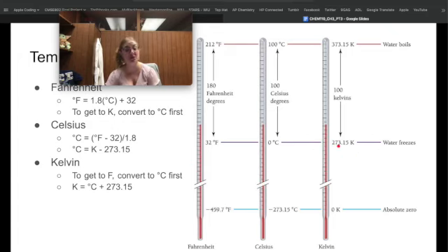It may seem like a lot, but again, it's based upon that conversion between these two scales. And then it's another 100 steps, 100 kelvins to get up to where water boils at 373.15 Kelvin. So a Celsius degree is the same width as a Kelvin, but they're different in size